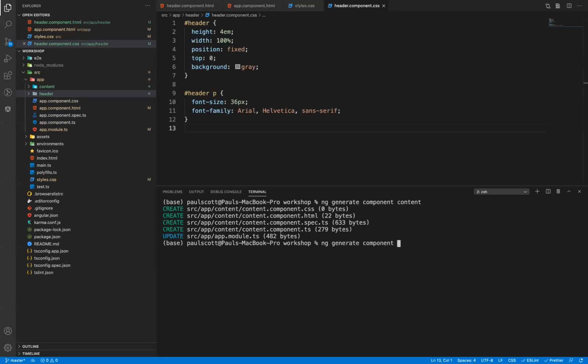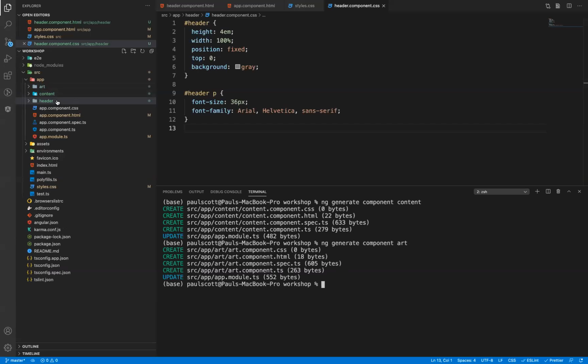So the idea of what we're going to do is we're just going to have containers that hold the pieces of art, and we're going to have a list of all of them as our content. So for each of those pieces of art, that sort of container it's in, we'll treat as a component. Okay, and I'm going to call it art. So before we go to the content, which you can see both of these files got generated, let's go to